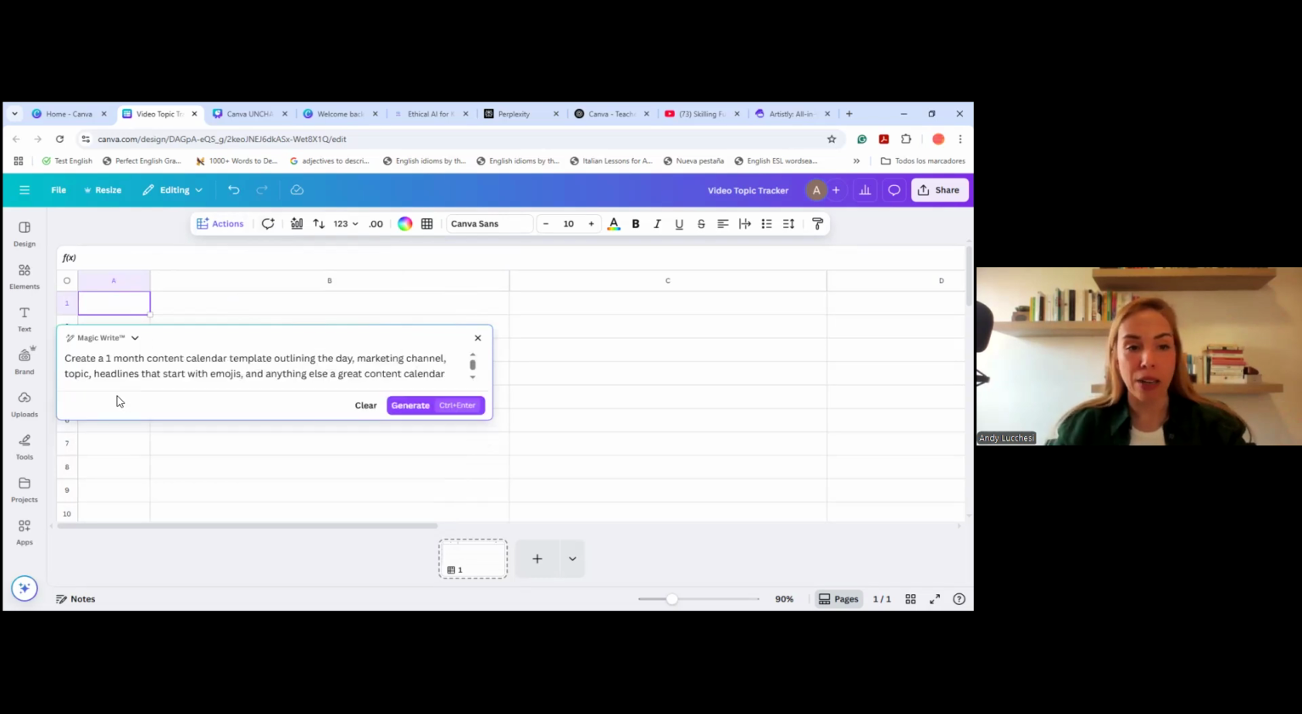So, content calendar. Now, of course, we're going to make it teacher's edition. Create a 1 month content calendar template outlining the day, marketing channel, topic, headlines that start with emojis, blah, blah, blah. We don't want that because, in our particular case, we're going to adapt it to schools. Keep the prompt, but tweak it with intelligence. So create 1 month content calendar template outlining the day. Maybe in this particular case, no, because we work by objectives. So it's better if we do outlining the week,